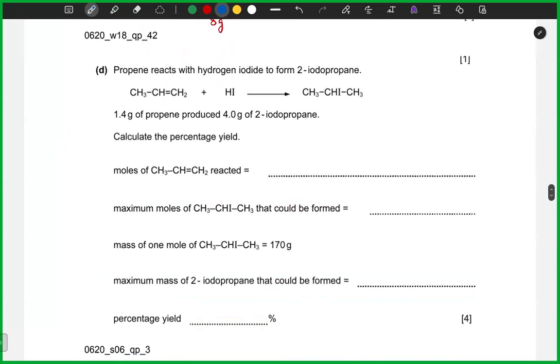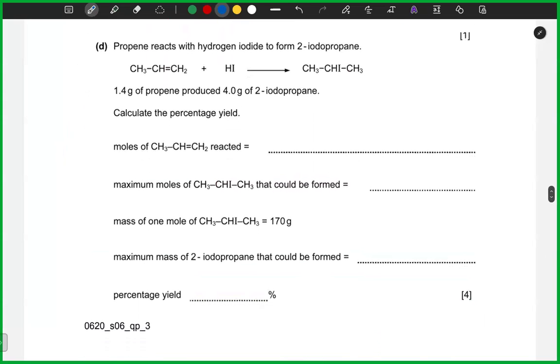Here's another question, and it's about percentage yield. He's asking about propene. Propene is the first one. So there's 1.4 grams of propene, so I can find the moles of propene, right? Moles is mass divided by the MR. The mass is already given, 1.4. The MR of propene is,